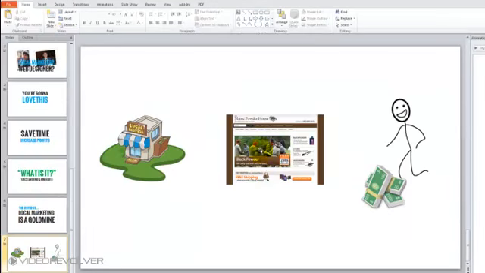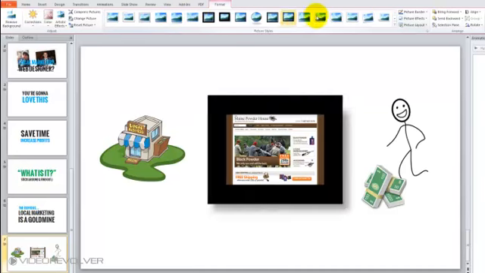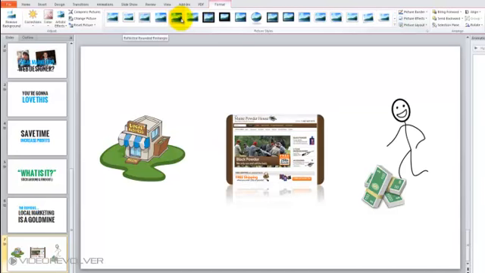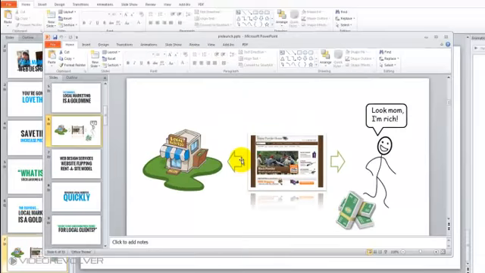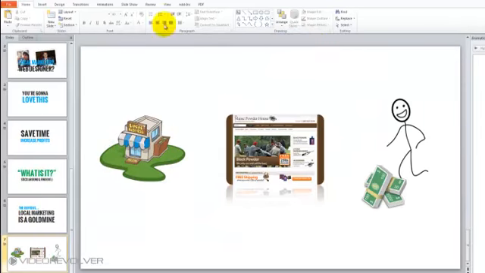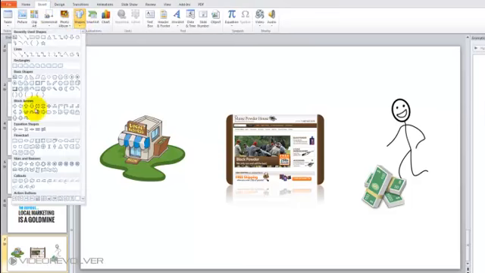So all you need to do that is just select the image, go up here under Format, and then choose from the different formatting options you have up here. I'm just going to choose this one. And now, if you remember back in the finished slide, we also had arrows here. To add those in, all you need to do is go under Insert, and then Shapes, and then just pick the shape that you want from the list of shapes here. I'm just going to choose one of these arrows,